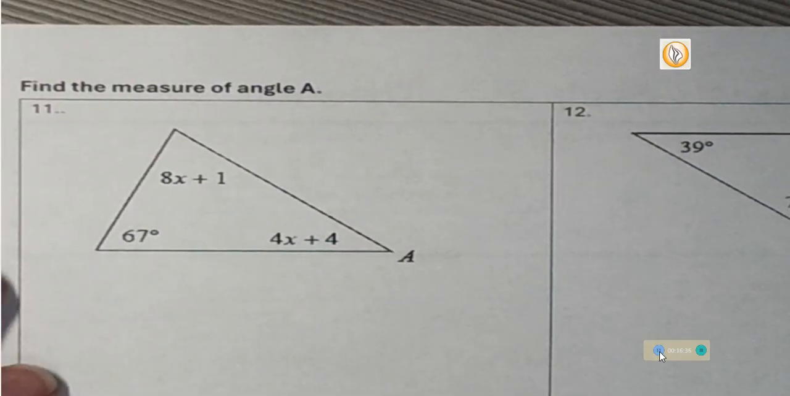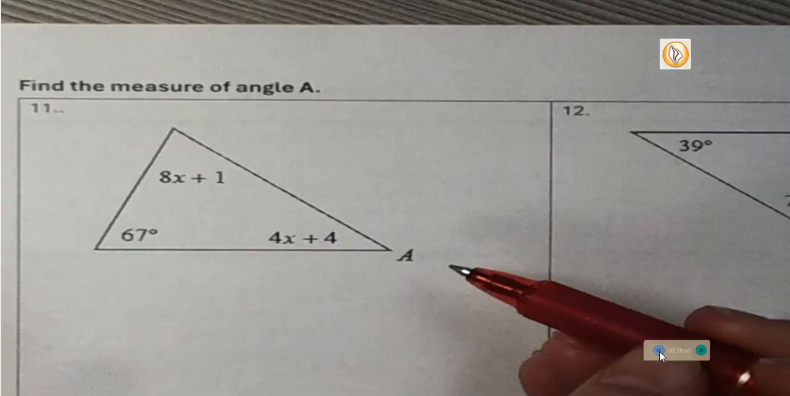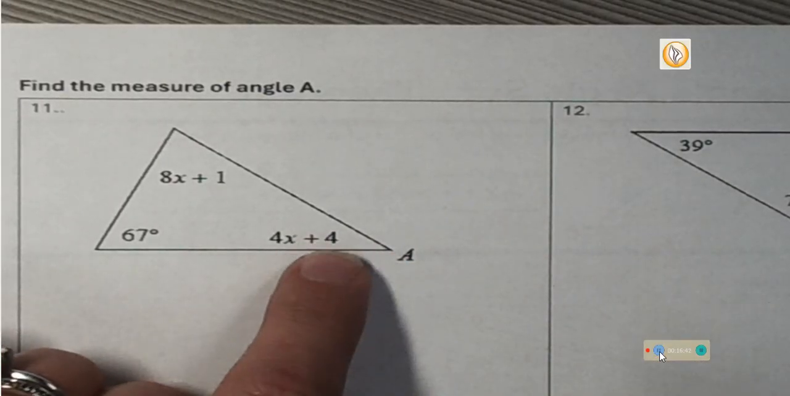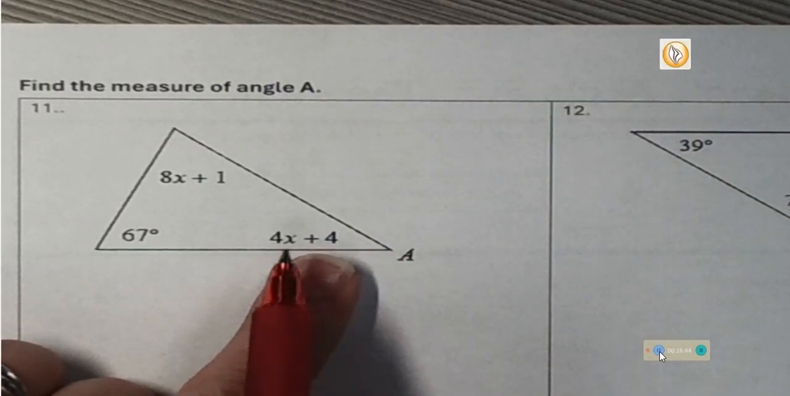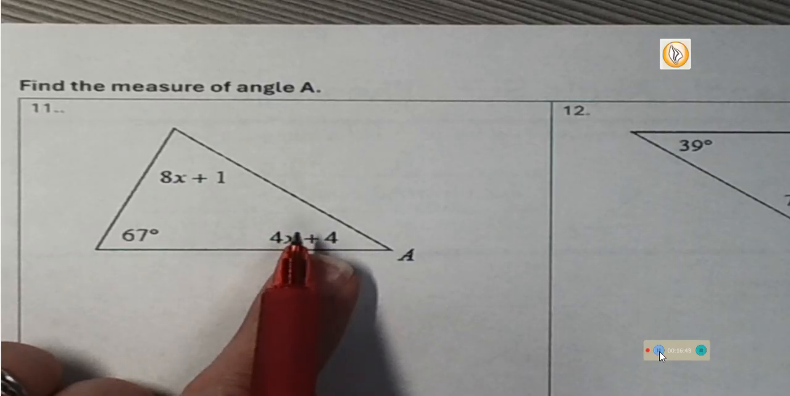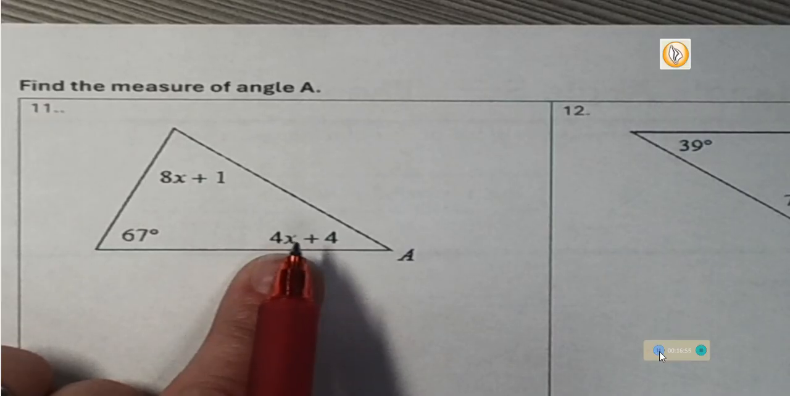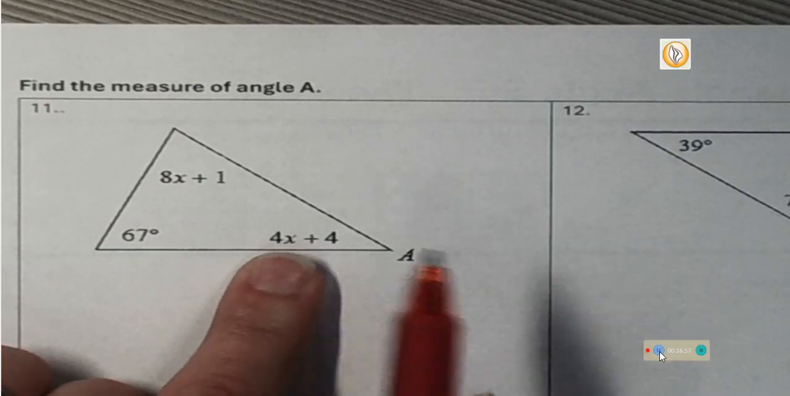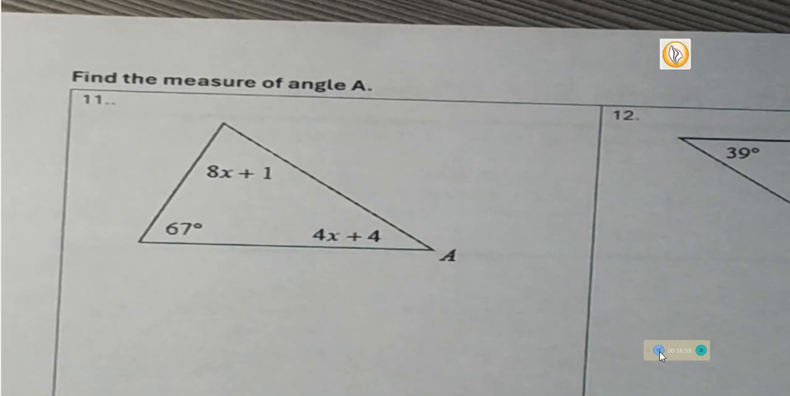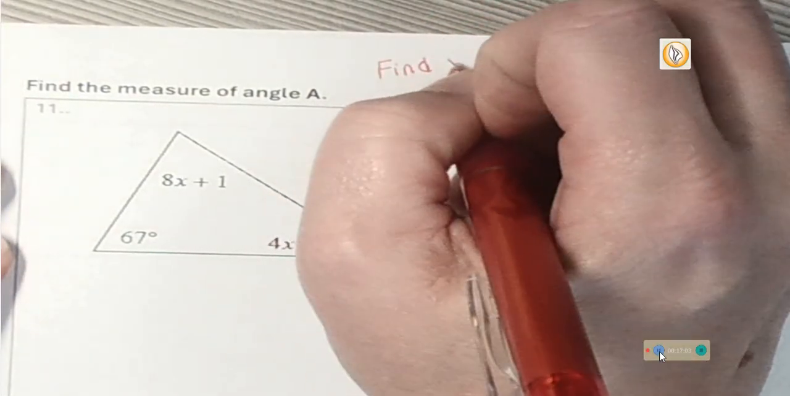I need to find the measure of angle A. So I could be a smarty pants and say, here's A. A is 4x plus 4. Well, that's great. 4x plus 4 is an expression. It's not the measure. The measure of the angle is how many degrees. Before I can find angle A, what do I have to find? I got to find the x, okay? So find x, then plug it in. All right, so I'm going to write you a note. Find x,